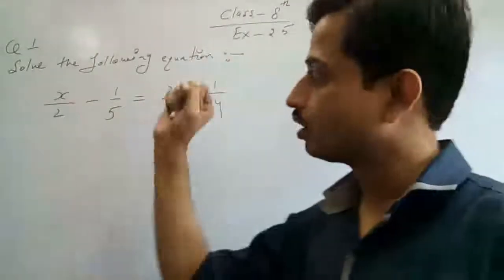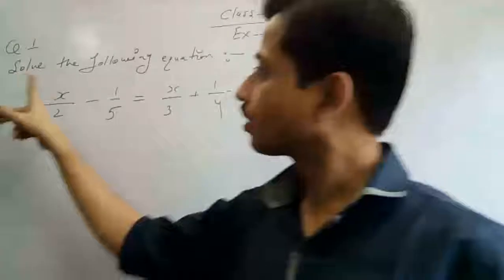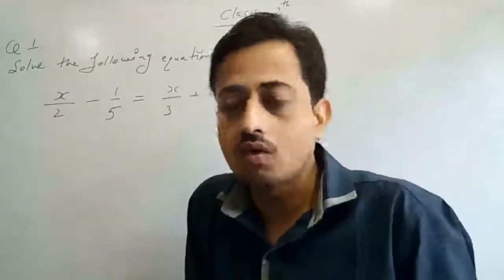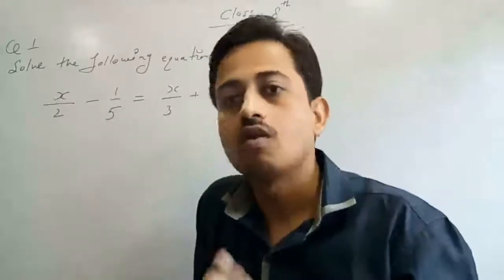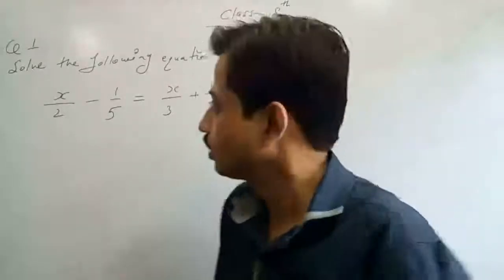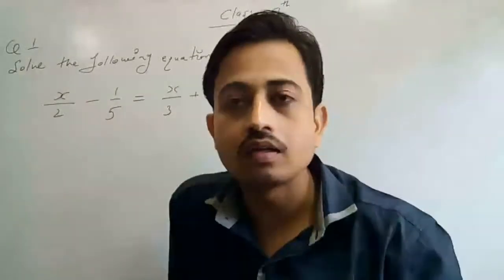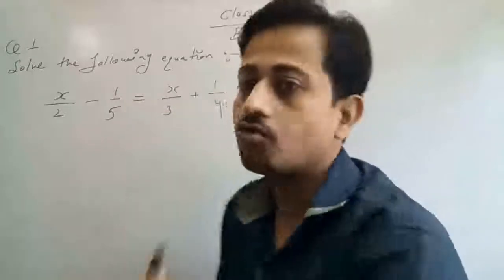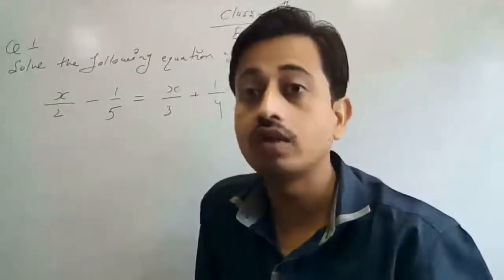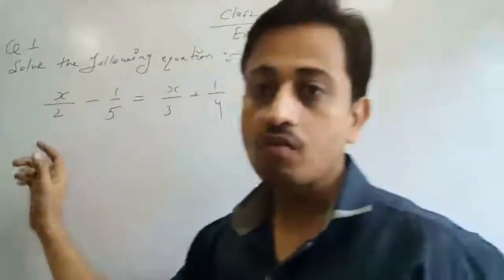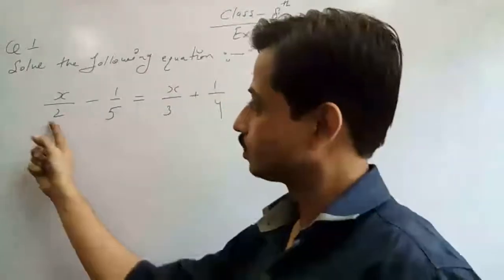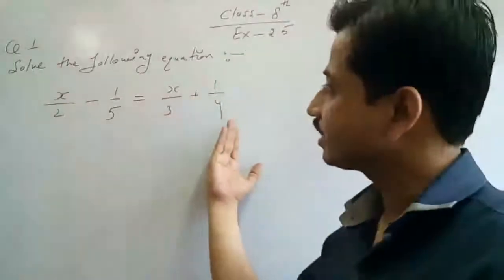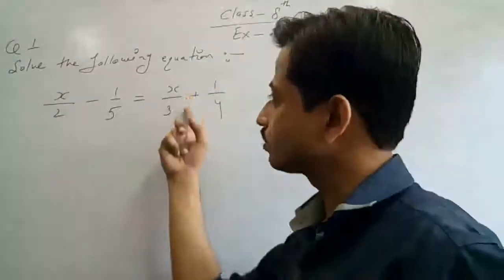Now please take a look. Our first question, number 1. What is solve the equation? It means we have to find out the values of the variable, and we also have to do its verification. In this, what's the variable? The variable is X. X is your variable, and we have to find out the value of x. How do we solve? How can we get the solution? In this, we get two terms on the left hand side which are rational, and the right hand side also has two terms, which are also rational.